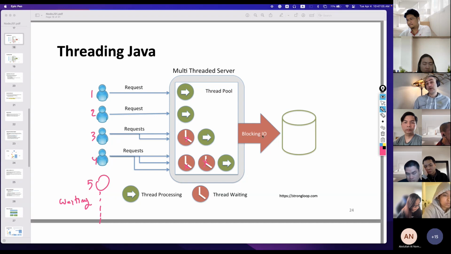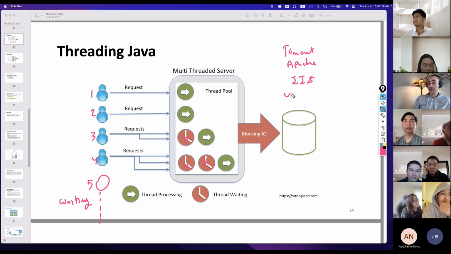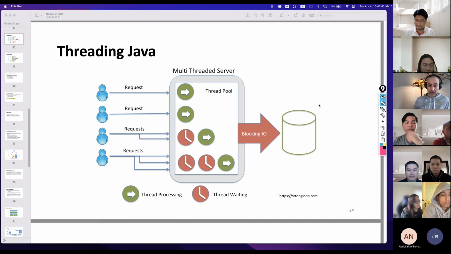And the other problem that we see in traditional web servers, like Apache Tomcat or IIS or WebLogic, is that by default all of these web servers have an I/O API that's really blocking. You can't process things in a non-blocking way. So to solve this problem, Node, when it was designed, now I can say 13 years ago,